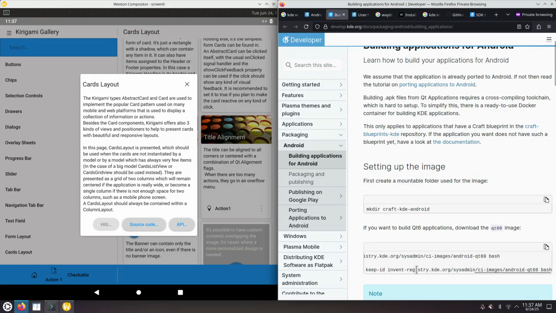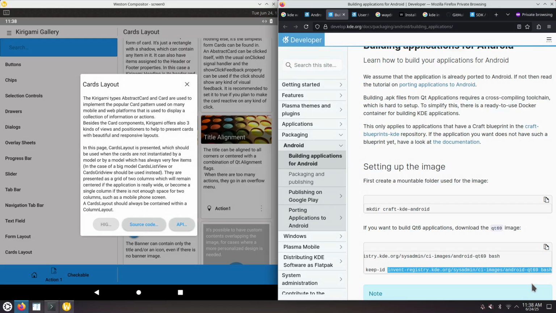This one, invent-registry.kde.org/ci-images/android-qt69, plus the KDE build framework KDE Craft that is being used by the GitLab CI that KDE uses, that is building automatically merge requests, compiling them,